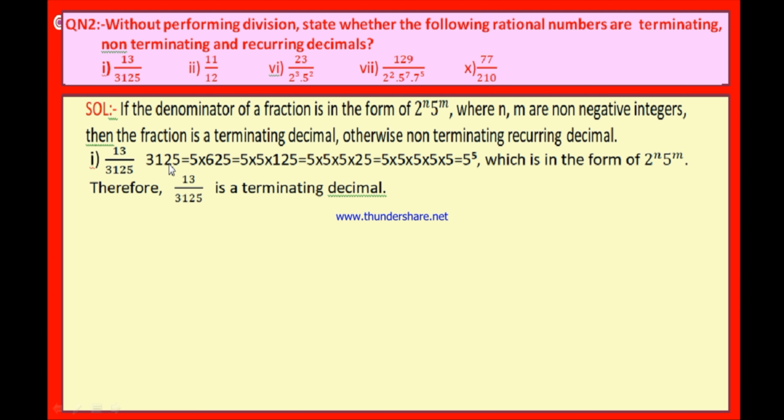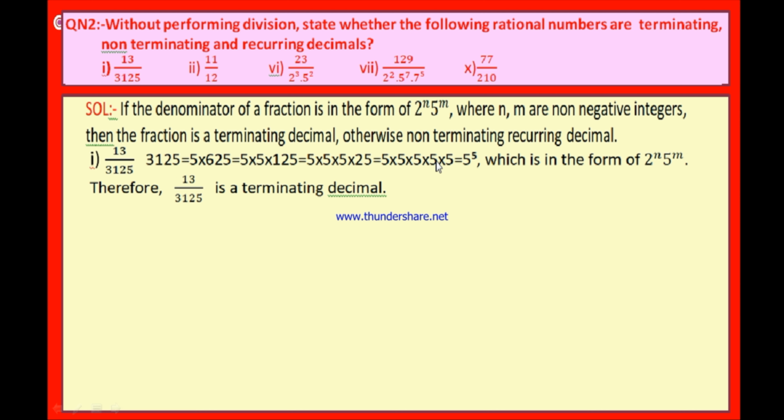Therefore, dividing by 5: in 31, 5 goes 6 times; in 12, 2 times; and in 25, 5 times. Therefore you can write 3125 as 5 into 625. Now again this 625 can be written as 5 into 125. This 125 you can write as 5 into 25. This 25 as 5 into 5. Therefore, in total